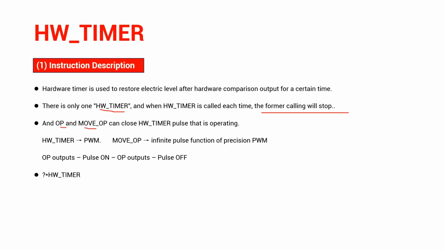OP and move OP, kinds of disk operations of OP switch, will close HW timer pulses that are running. In this way, it can achieve functions like PWM. When OP outputs, pulse output also can be opened, and when the next OP outputs, pulse output is turned off. Then, the function of precisely outputting infinite pulses can be achieved, and the current remaining pulses can be checked